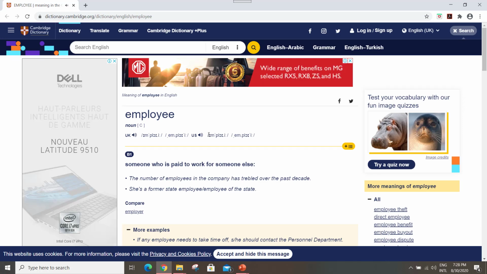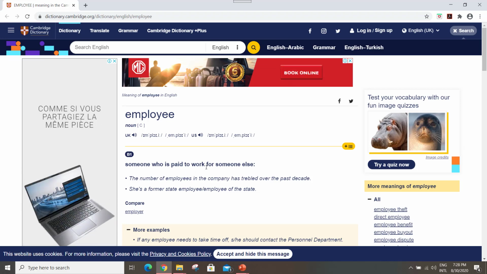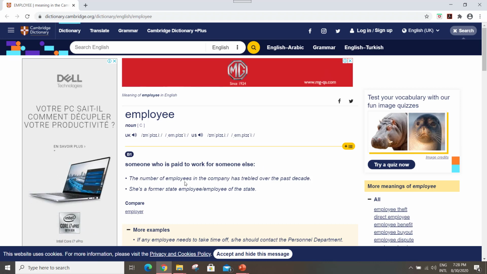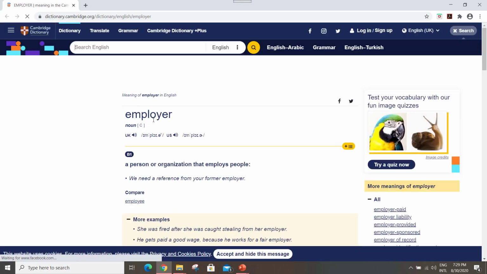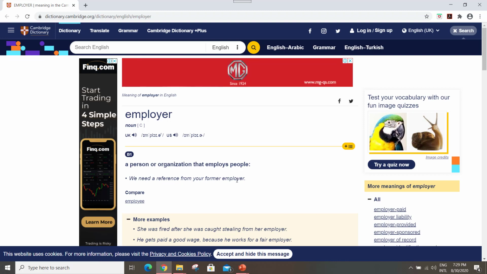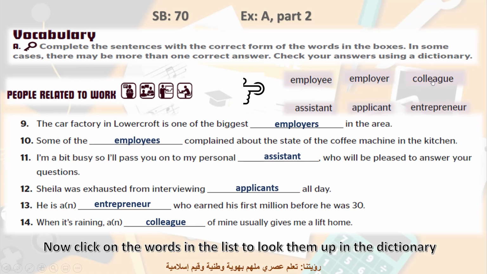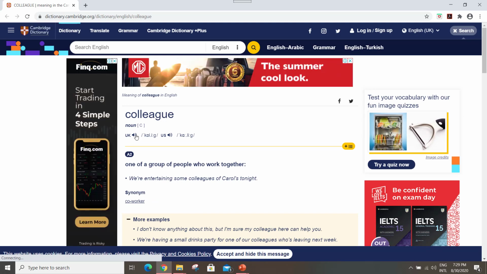Employee, employee. Employer, employer. Colleague, colleague.